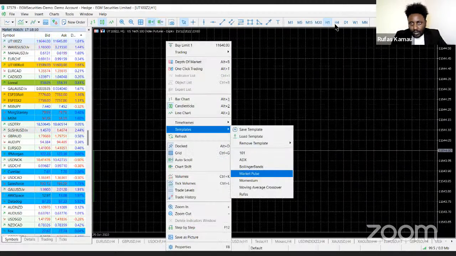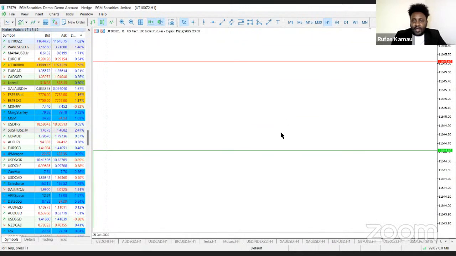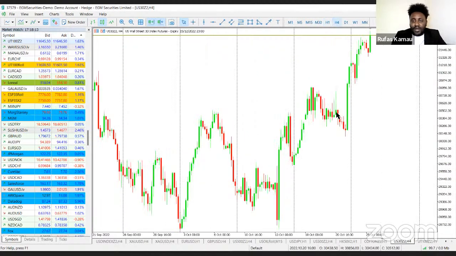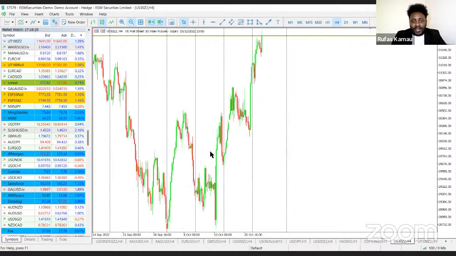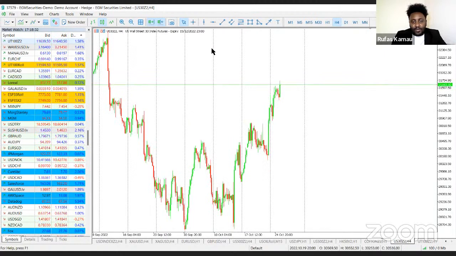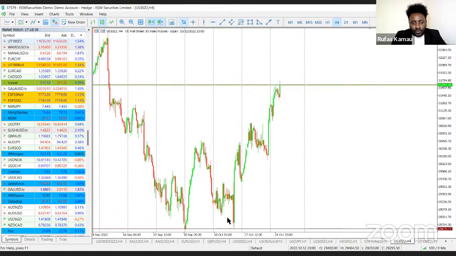As you can see, also another very strong run for the US 30 or the Dow Jones Index. Last week continued momentum, and this week also continued momentum, basically indicating that this particular momentum could continue. For the Dow Jones, it was more or less a double bottom kind of reversal pattern. For all those who are conversant with this particular pattern, the market basically forms a W-shaped pattern. In this case, this is the first swing of the W. Then the second side of the W pattern.